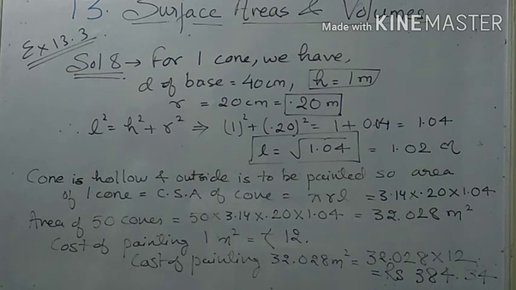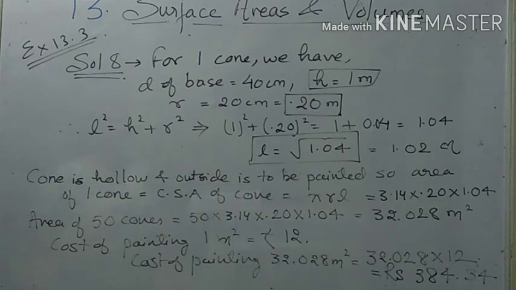And we have to paint these cones. We have to paint the outer side of the cone. And we have to find the cost of painting all these cones. So to find the cost of painting, as we are painting the outer side, it means we have to find the CSA of the cone. सिर्फ बाहर आप कर रहे हो तो क्या करोगे? Cone के outside में ही करोगे, है ना? It means we have to find the CSA.